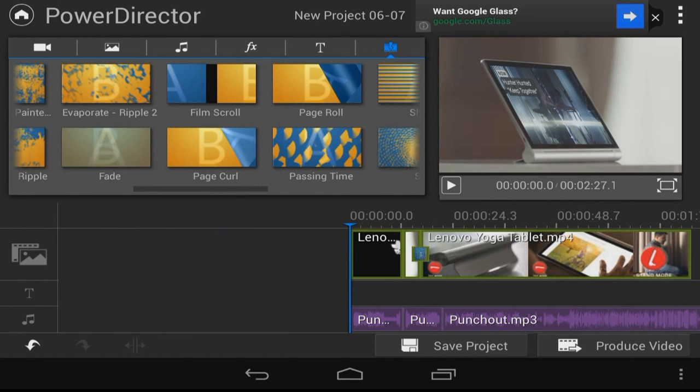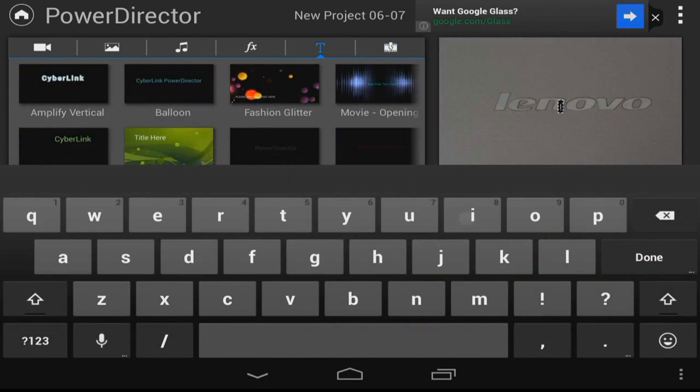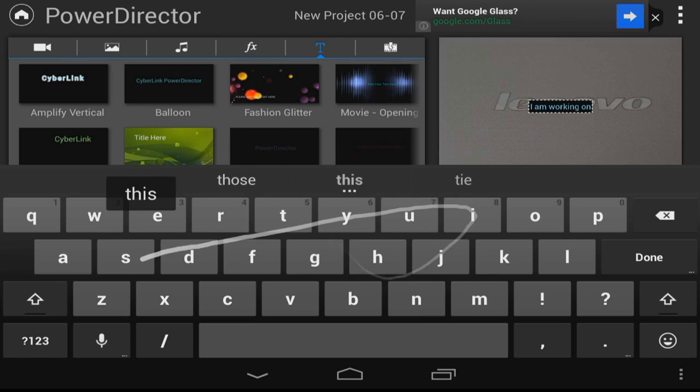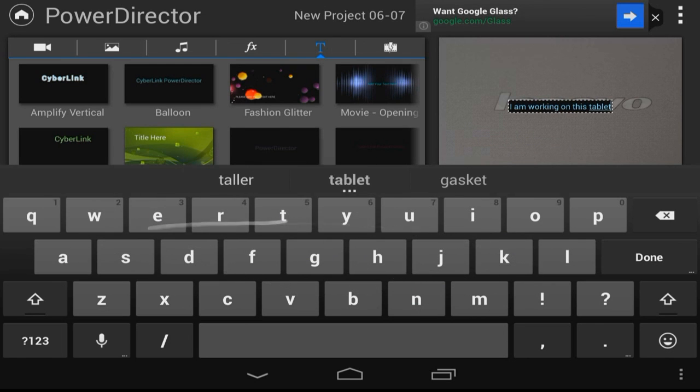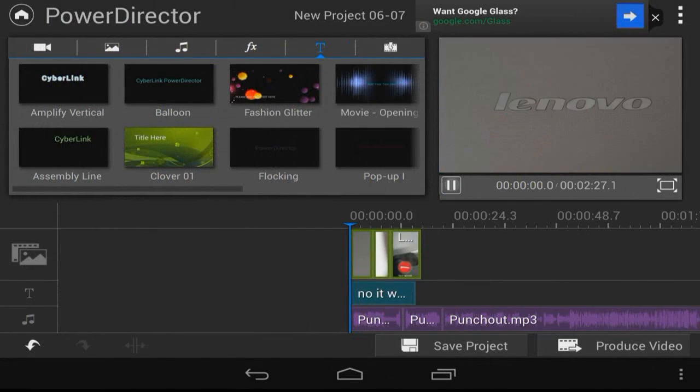Now, currently this app is only available on 7-inch tablets, which is probably for the best because even on the 8-inch tablet that I'm recording this on, it's still a little cramped. Now, it is recommended to be used on tablets of a certain processor range. I've got an MT8125 processor, so I know I am in the recommended range, but maybe it's more of a minimum system requirements because it was still pretty choppy and rough in some places,